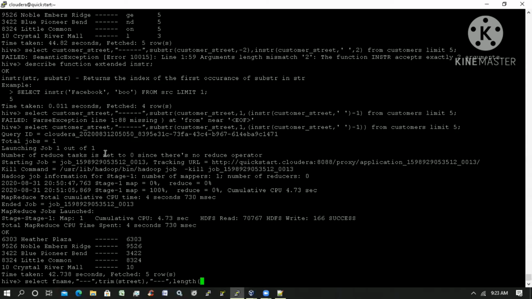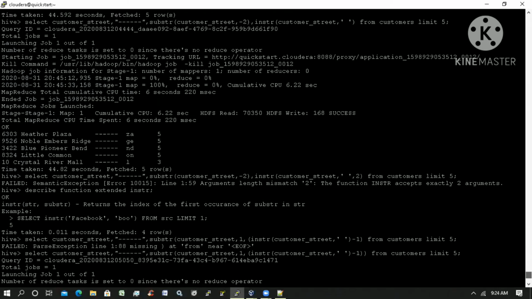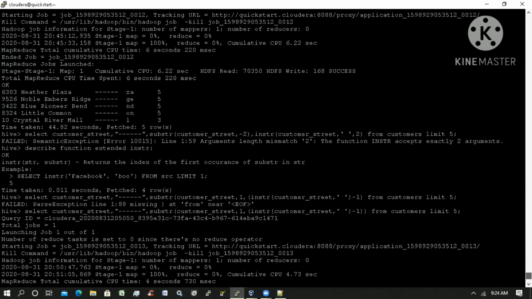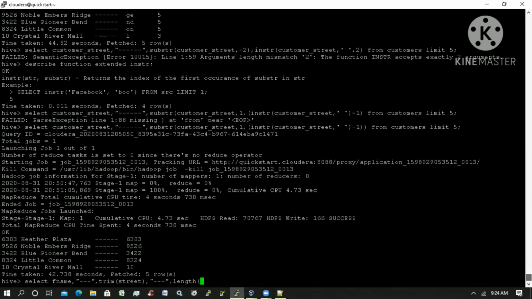Customer street. Where do we search that one? That means we have to go to the customers table. I think we didn't go to the customers table. Okay, here only, we will go to customers for that.